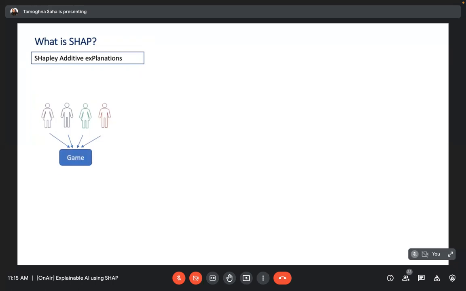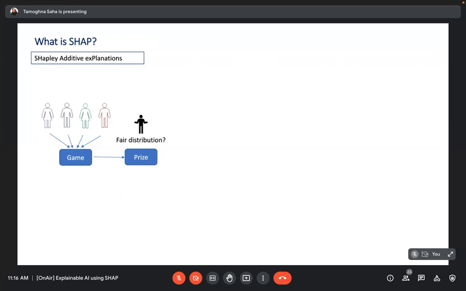Since we are talking about game theory, let's consider a Kaggle competition. Four team members are formed. Each one of them has their own specialty, and maybe one of them is there just for the namesake, a person in that project who has no idea what's going on. The outcome of that game would be getting prize money, depending on whether you get a position in the top 5 or top 3. So what should be the fair distribution? How do we determine it?